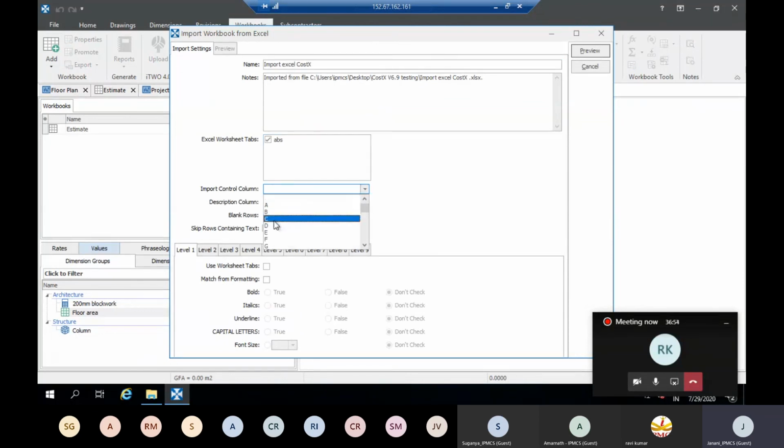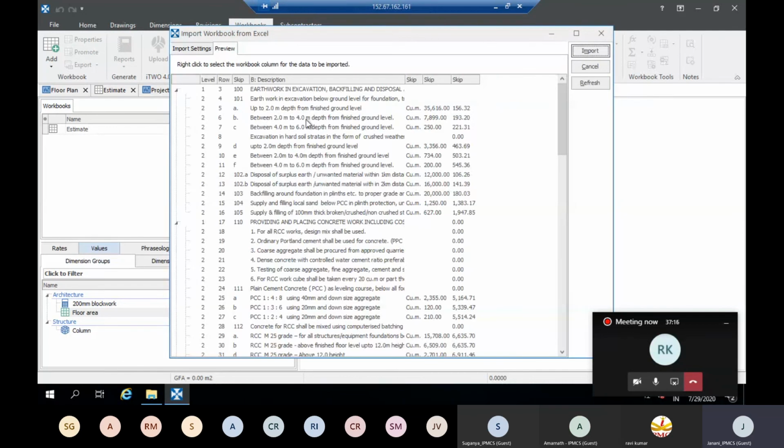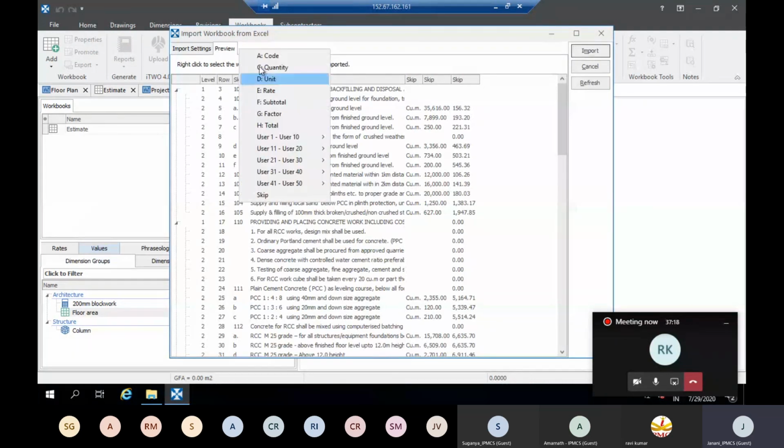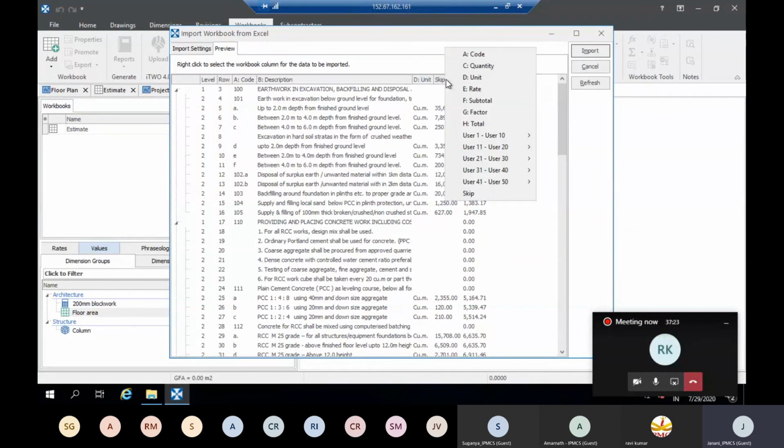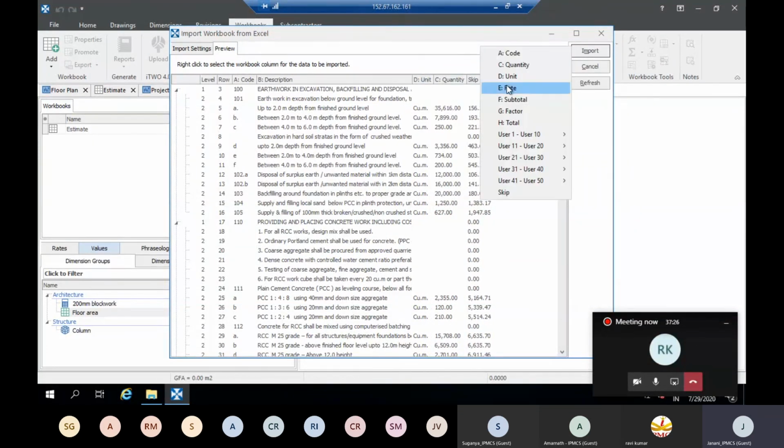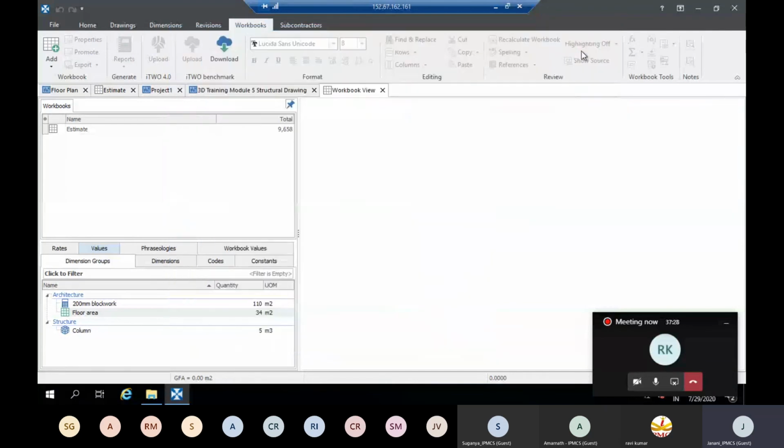The import control column is G column, where I have marked X. The description column which needs to be imported is B. And for maintaining the level, I'll select level 1 to match the formatting where I have bold and underlined the level 1 headings. Now I'll give it preview. I'll choose this column as code column, this as unit, the next column as the quantity column, and the next one as the rate column. Now I'll directly import.